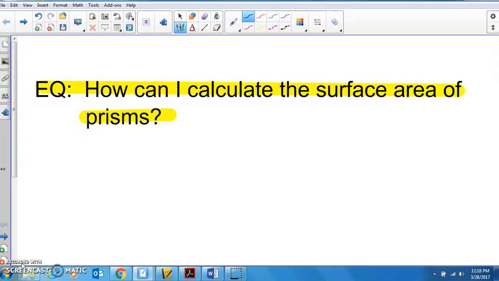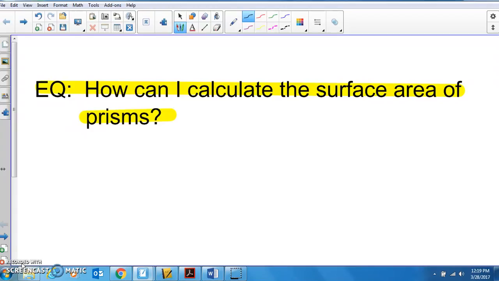Now we're going to continue on with the rest of this unit, or the second part of this unit, which deals with surface area. Surface area deals with the outside of that shape. If you think about Christmas, or your birthday, and you wrap a present, you are covering that gift with the wrapping paper. That is covering the surface area of that particular box or gift. So we're going to be referring to surface area as the outside portion of that particular box or shape,